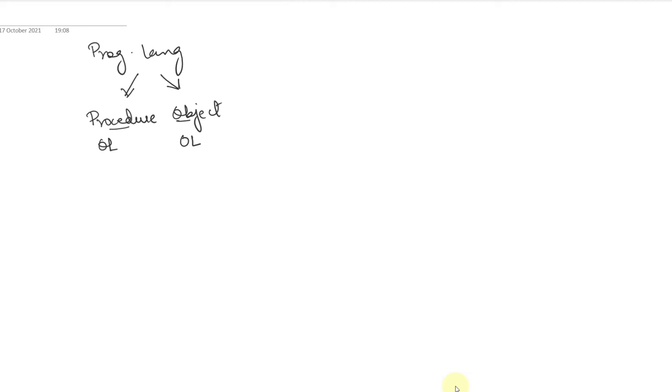All right. Now, since you have no knowledge about programming languages, we will not discuss the differences in detail, but at least a very small, very common difference that you should know about these two. Here, it follows a procedure. It just goes in a step-by-step manner, one after the other, and all the instructions are executed. So the entire program is considered as a set of procedures.